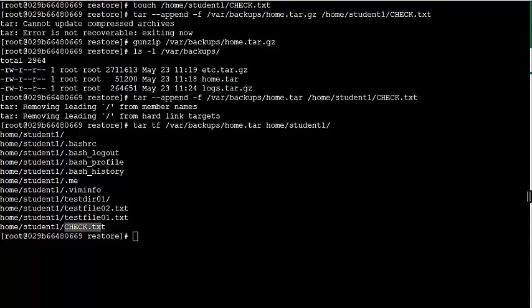Okay, again you can compress by using gzip. Gzip, whichever one you want to compress, var backups, because when you do the compression, it will be stored in a smaller size. So now check the var and backup. Inside the backup there is a home.tar.gz that exists. Okay,